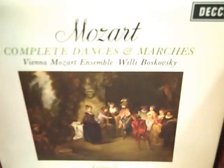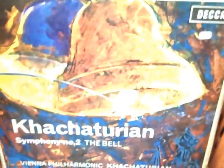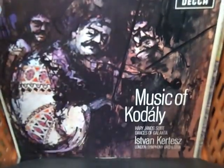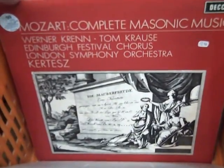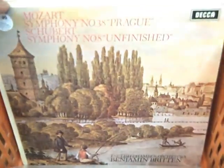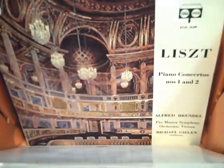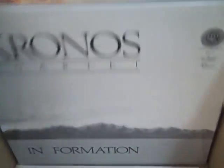So, a really beautiful assortment. Some dupes, almost all in excellent condition. And again, quite an assortment. Stuff you just don't see over here. Later pressings, some of the later narrow bands, and back to some wide bands. Really nice stuff. And into just a few remaining miscellaneous, some British imports, reissues, Lyritas, reference recordings,